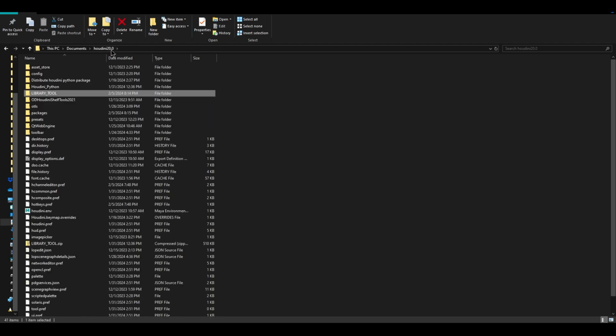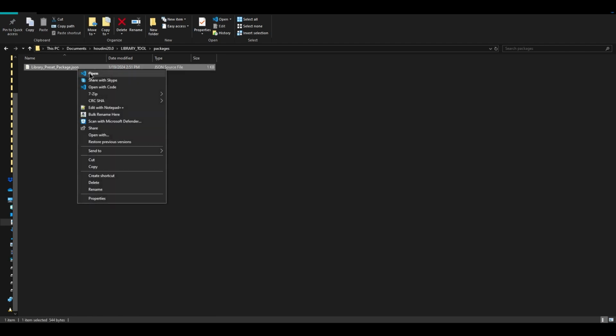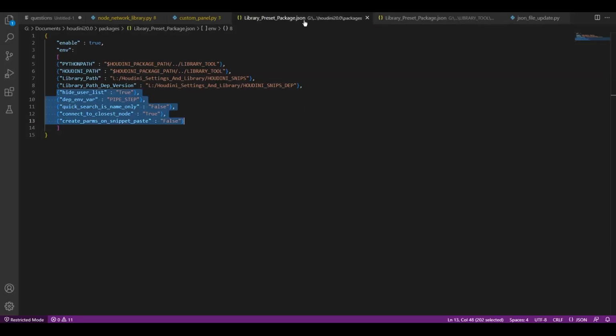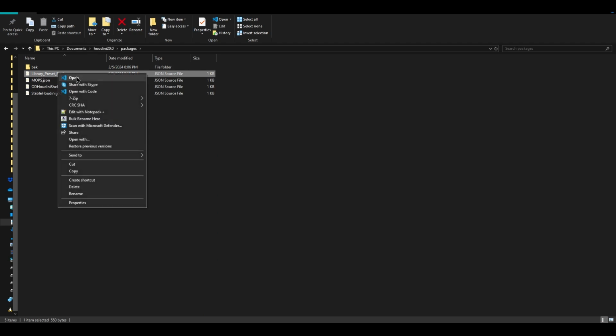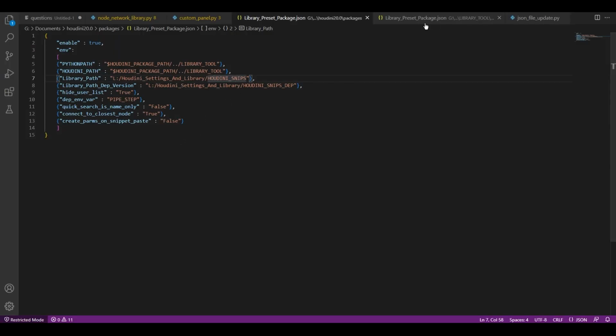And when I show that I've made an update to the package, what you can do is just open up the packages and then side by side with your document open inside of packages, open it side by side and copy the new environment variable from my new updated tool from here, and just copy, make sure there's a comma, and just copy the new updated environment variables from my update into your library, because it's really important